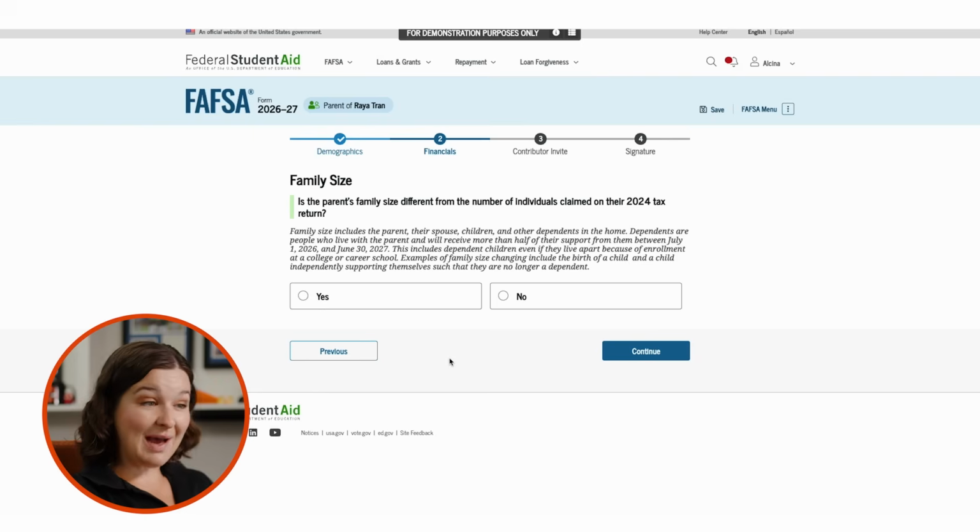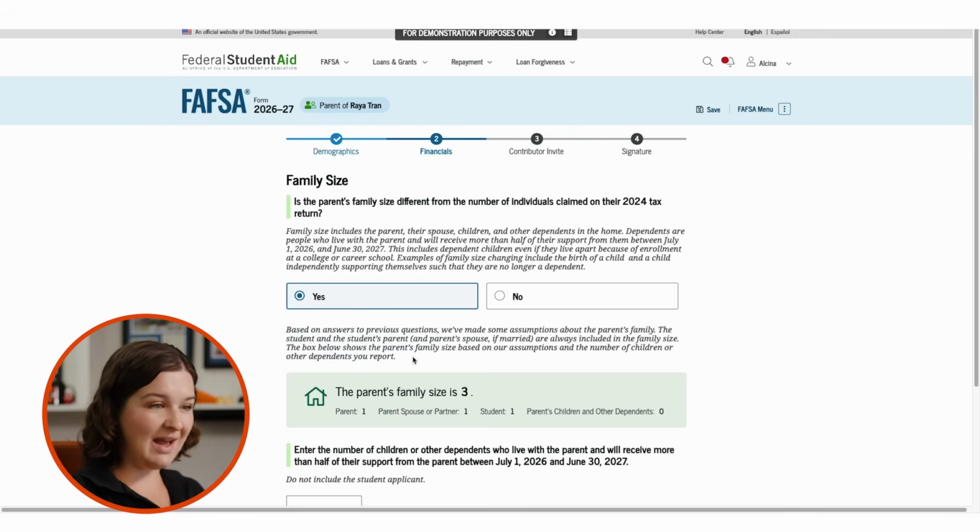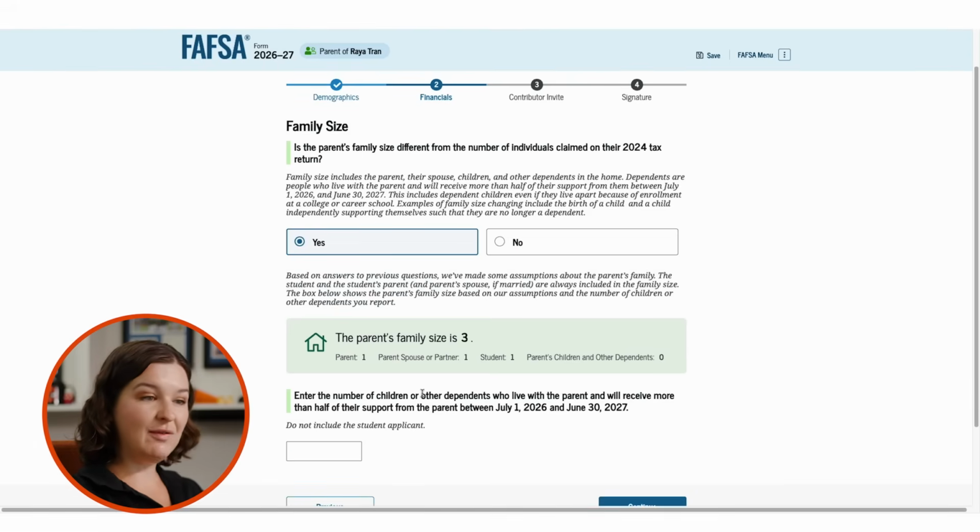So this can definitely happen. Maybe there has been a birth of a new child, or perhaps another child has moved out, they're independently supporting themselves. Maybe you're now supporting an aging relative who lives with you, and they weren't on your taxes in 2024. So if you have had any changes similar to that, we're gonna wanna verify that all of the people are